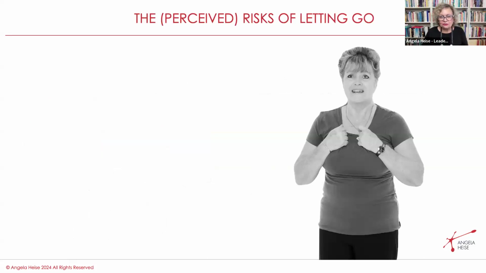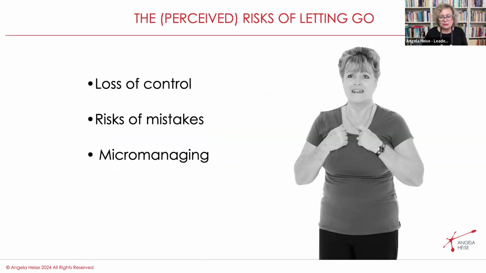So the reason why leaders don't want to do it is because they feel that they're losing control. And there's a sense of, well, people are going to make lots of mistakes, and so nothing is done to my standards, and nobody will follow my processes and outcomes. And so people start to micromanage, and they start to get into the, I'll show you how it's being done. I often hear from people in small businesses, they say, well, my life was much easier and my work was so much more fulfilling and done to my standards when I didn't have anybody I had to manage. Managing people is the most difficult thing that I have ever done.